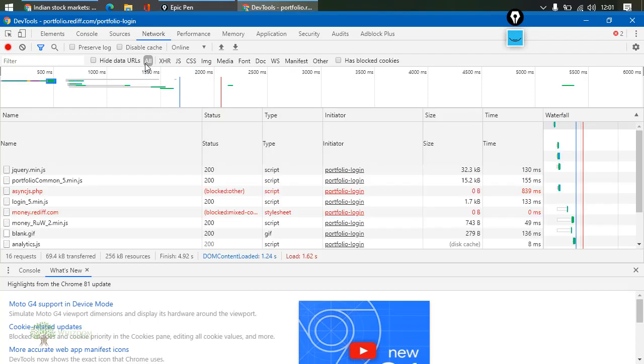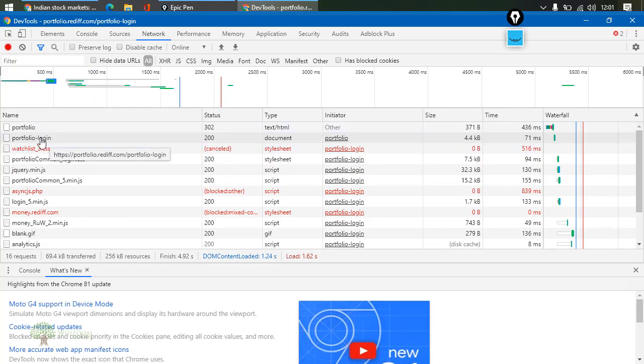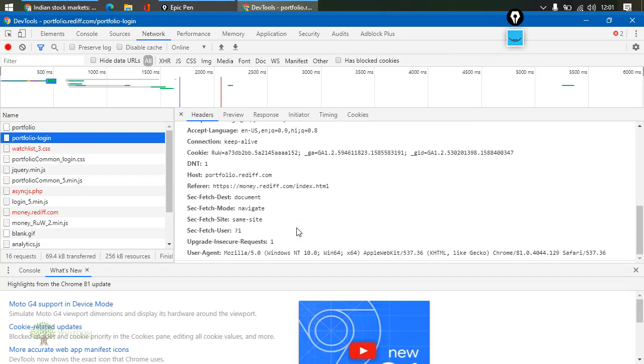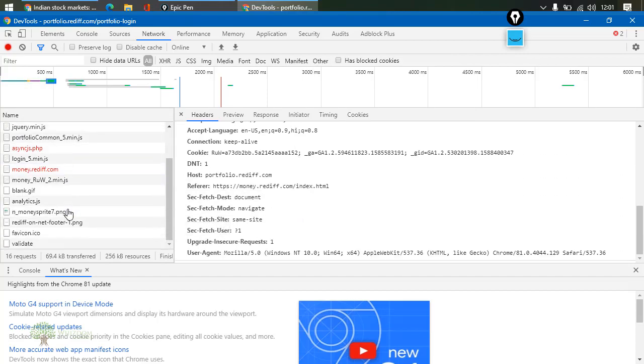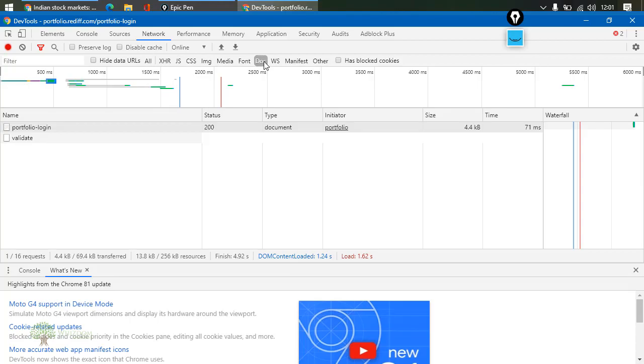I'll go back, and here we'll start looking. So portfolio got redirected to this request. Then we sent a request to validate some data. It is not showing up here in the docs, but yes, there is a request.